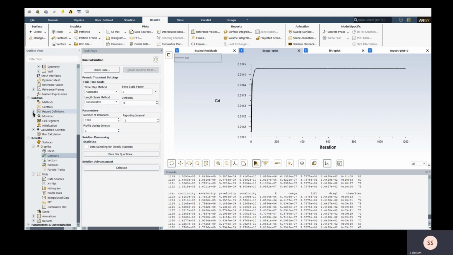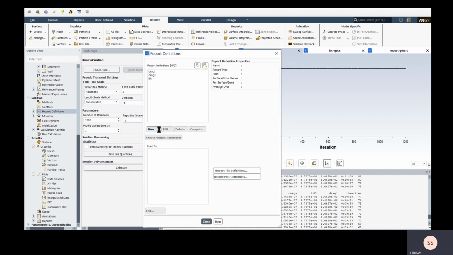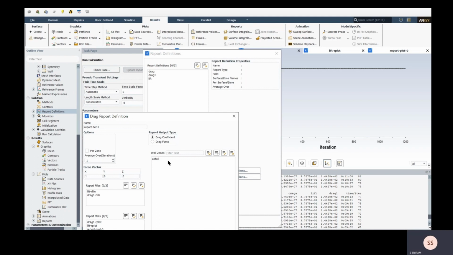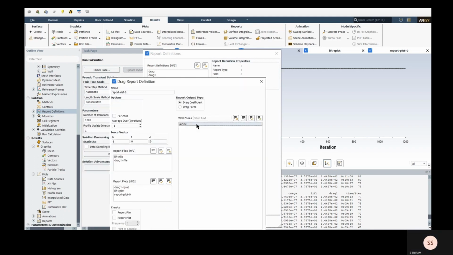It's important that in order to obtain these graphs, you need reports. So for creating a report, you can just click on the report definitions and create a new one, post report. You will be getting a few options here, drag, left and so on. Click on drag